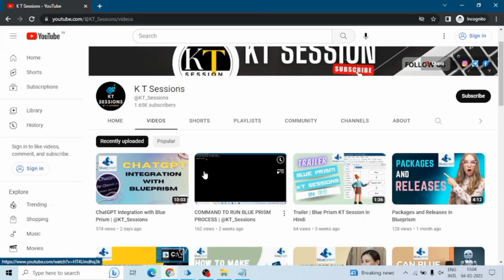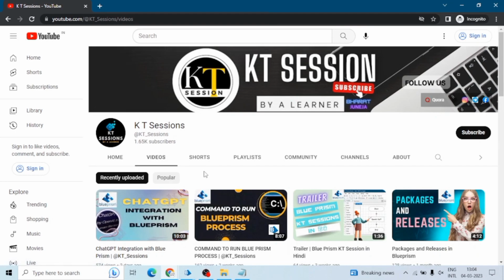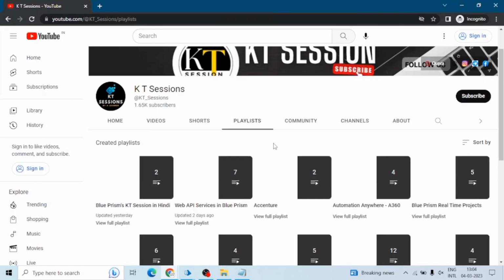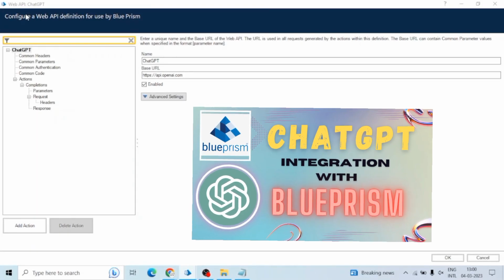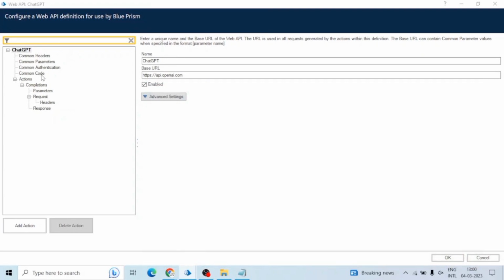In this KT session, we are going to learn ChatGPT API integration with Blue Prism using a code stage. In this session, we will use C# code. In the previous session, we saw how we can configure a web API definition in Blue Prism, and we were able